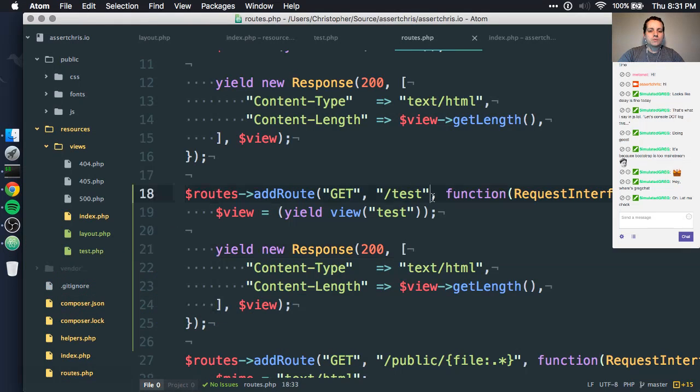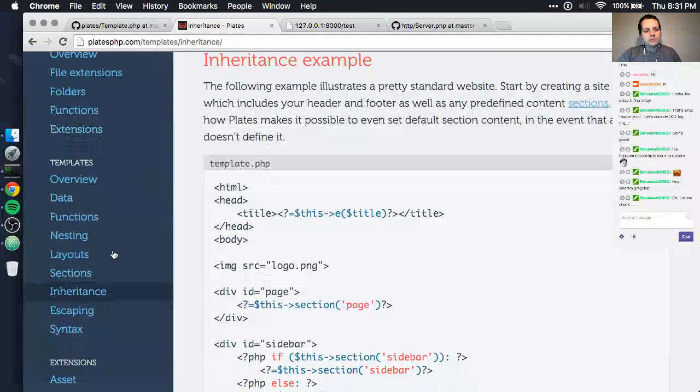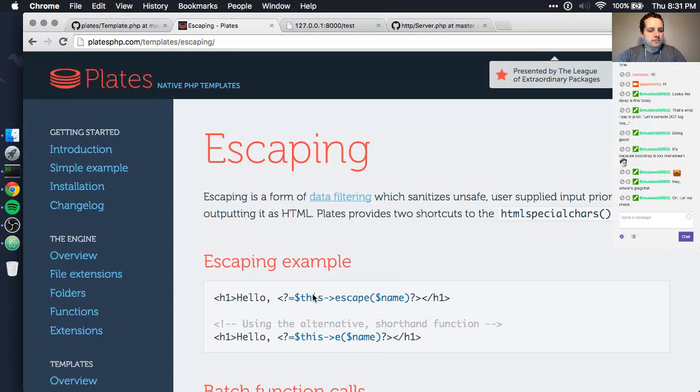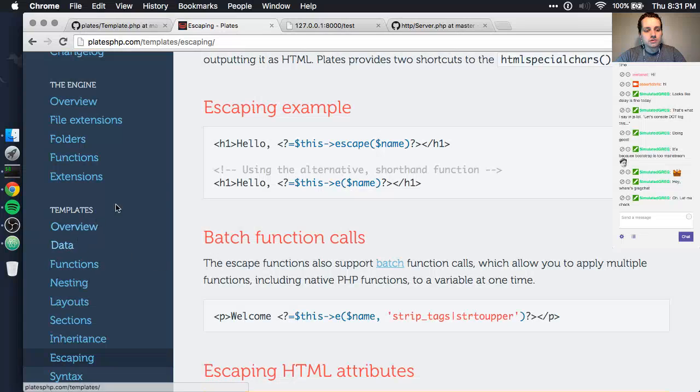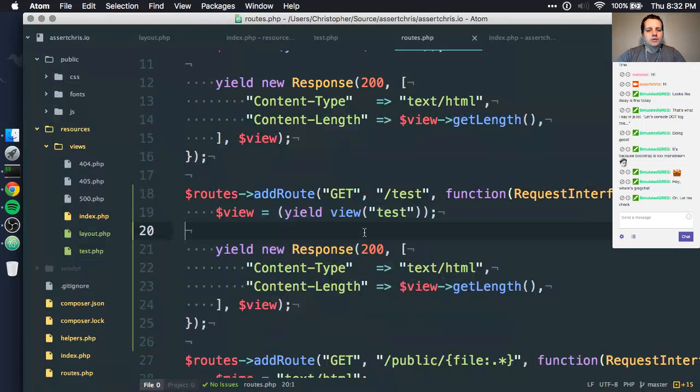We have template inheritance. We have an actual template engine running here. And we can still do normal PHP stuff in this to render these templates. We can do partial includes, we can do template inheritance, we can just generally goof off with Plates. Plates is quite cool. It's got stuff like escaping of dangerous stuff, and you can do reusable functions, and it's generally pretty cool. I don't have a lot of interesting stuff to do with it right now, but